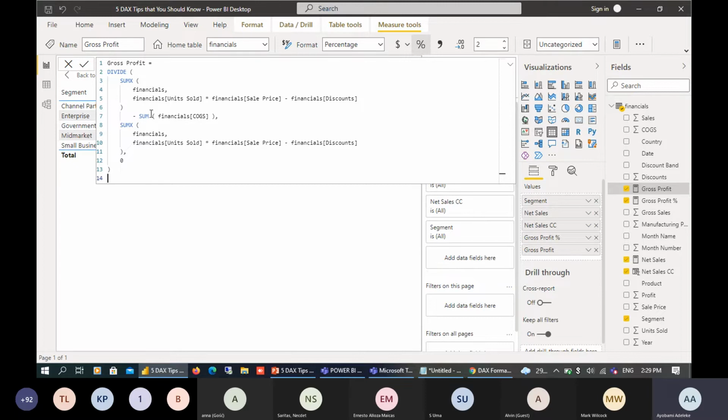First is the difference between the sum of this part. So this is a part of the code which is synonymous, okay, this part actually is synonymous to our net sales measure. So it's evaluating the units sold multiplied by the sales price, and it's subtracting the discounts. At the same time, now it's deducting the cost of goods sold from the result of this